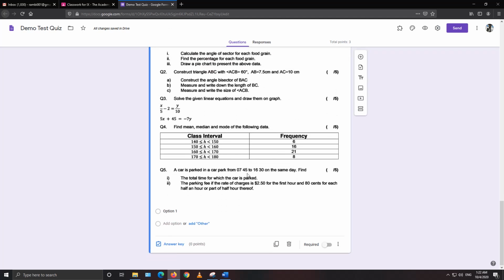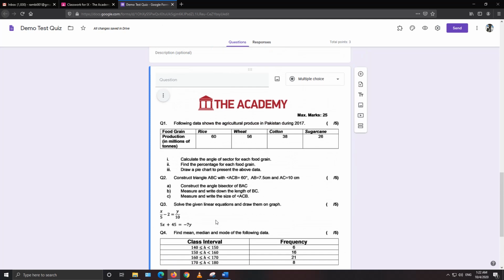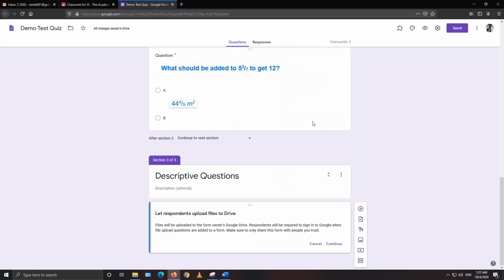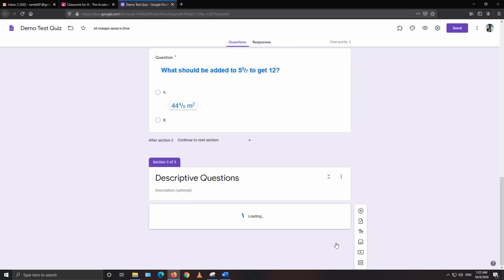Okay, once I'm done with that, I don't have to add more options, as students will not have to select the options, but I will go to the multiple choice section, that portion, and then go to file upload, because students will have to solve this in full scale sheet or computer paper, and then they will take the pictures and make it PDF or whatever format they use. Then they have to upload this file over here. So I will press file upload and then press continue.